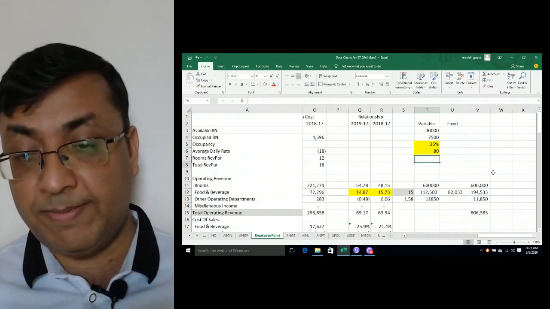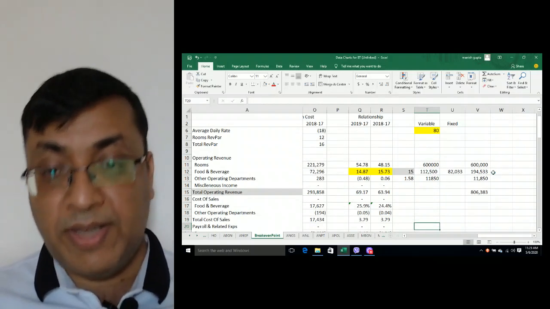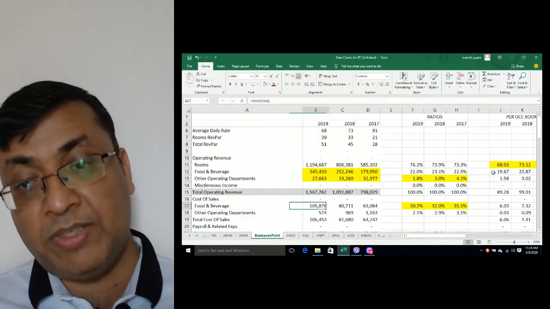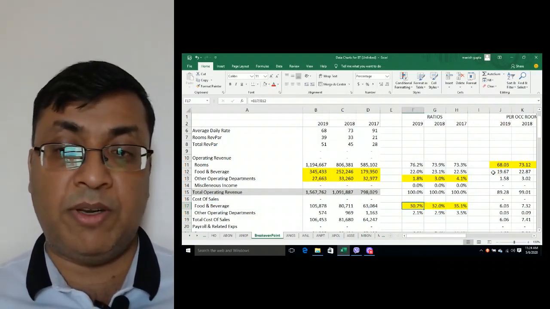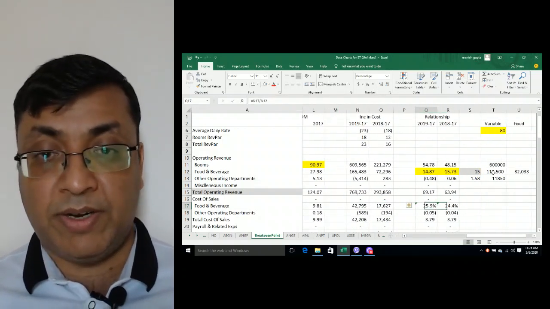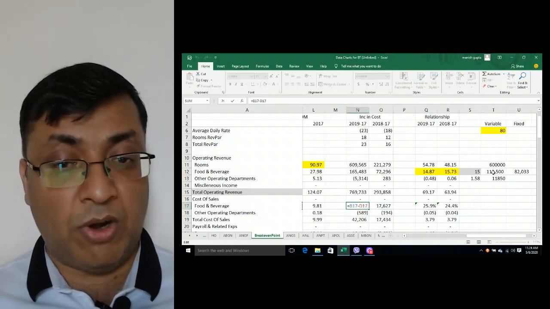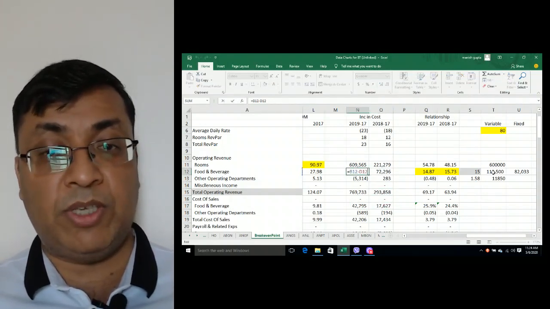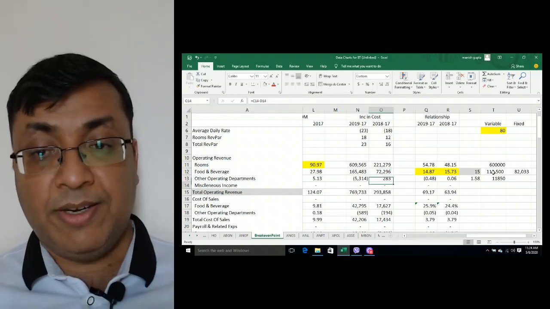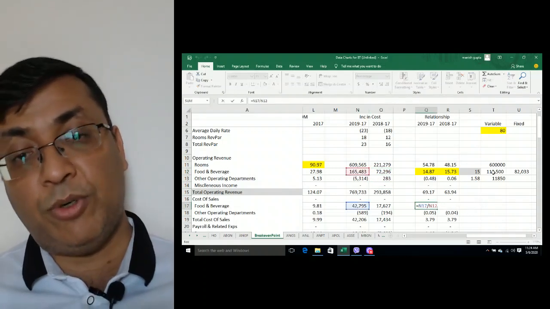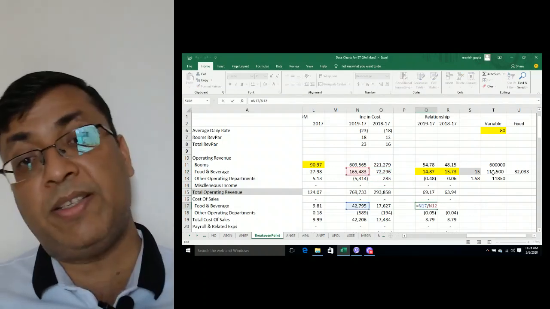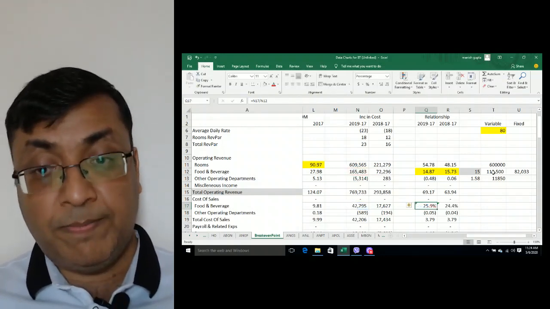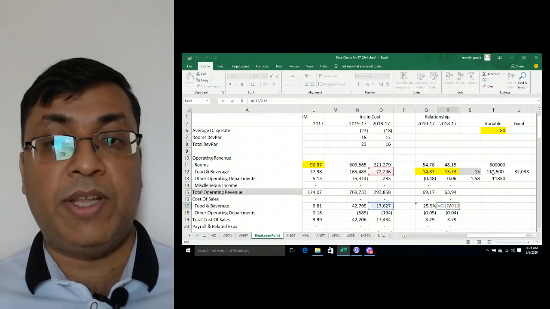And $8 rate. Now we need to calculate the expenses. Here expenses are pretty simple. Here you can see our food cost has been dropping significantly, and when we calculate the ratio, increase in the cost was 42,000 and 17,000. Increase in revenue was 165 and 70. When we look at the ratio, how much our increase compared to the increase in the food and beverage revenue, it was 25,000 and 24%.